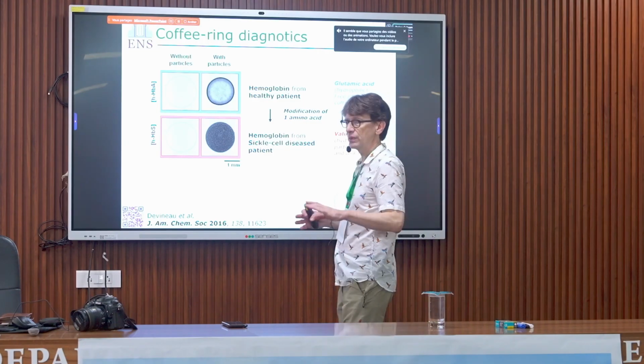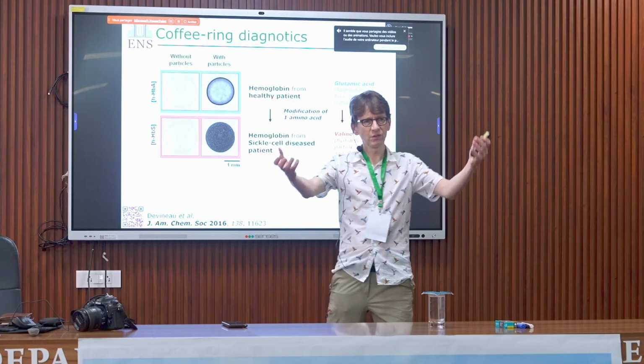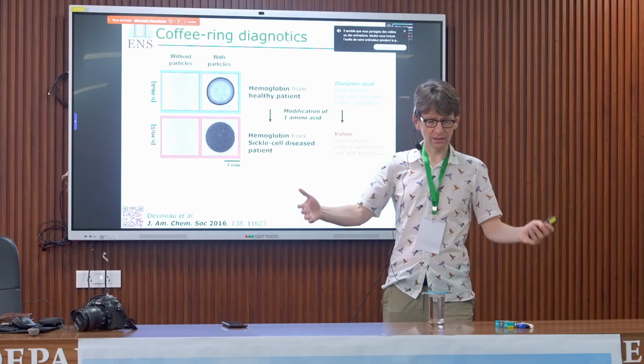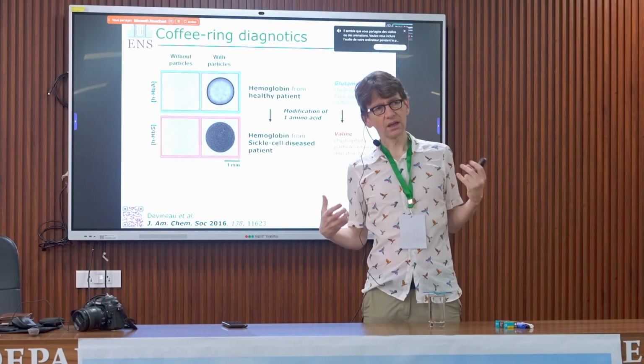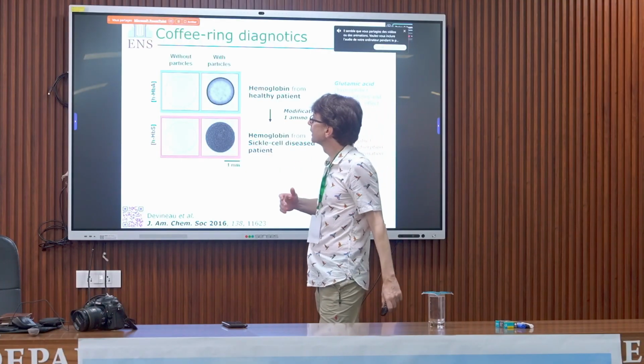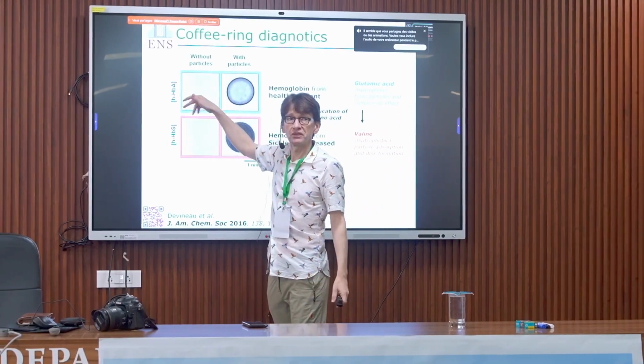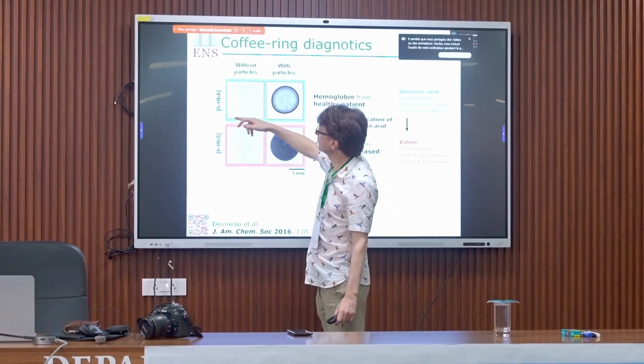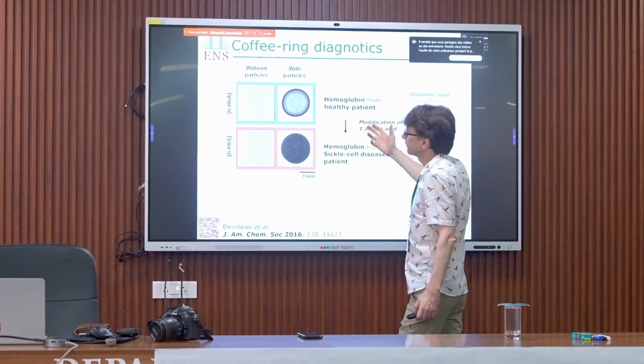So here is just pure hemoglobin, from a patient. The blood was taken from the patient. We take the hemoglobin protein, and then we mix it with particles. If you have no particles, you have a coffee ring of the hemoglobin. And now if you put particles